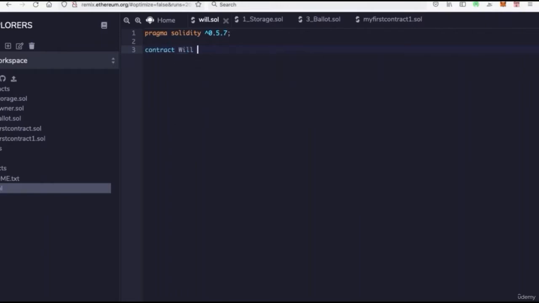So our contract's going to be called Will, and then like JavaScript, we create Will into an object. And so what are we talking about here? Let's just remember what we're doing. Basically, we want to create a smart contract that when our great grandfather passes away, or our great great grandfather or grandfather or whatever, whenever they pass away, they have everything predefined. So we create this will so that whenever our friend's great grandfather passes away, he stated to